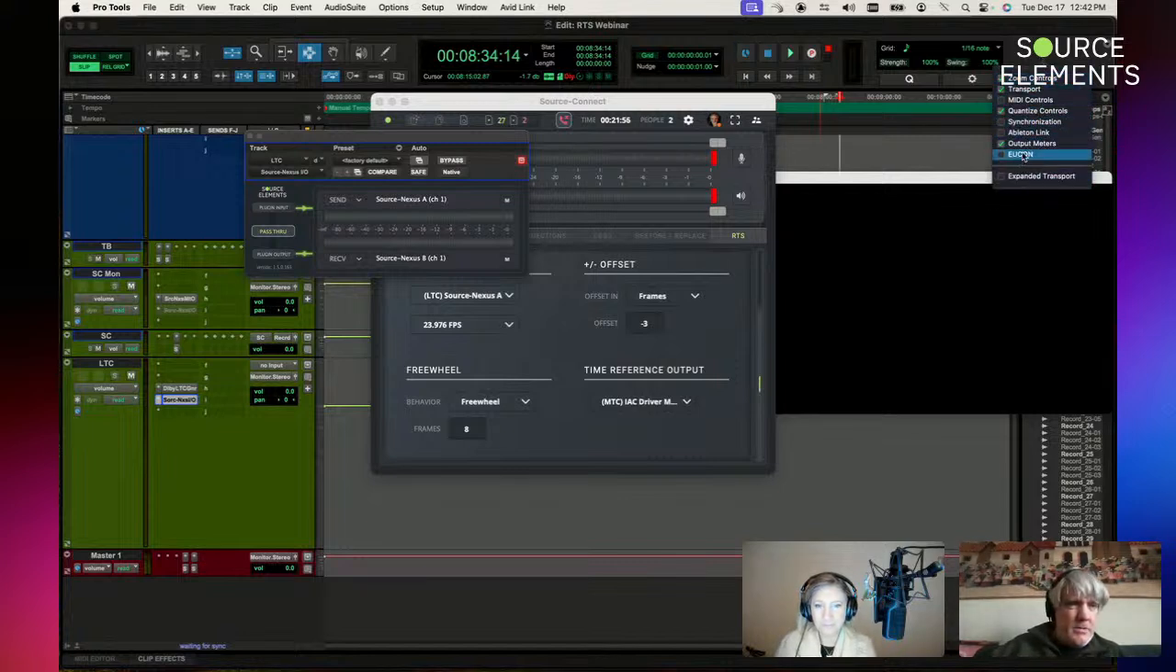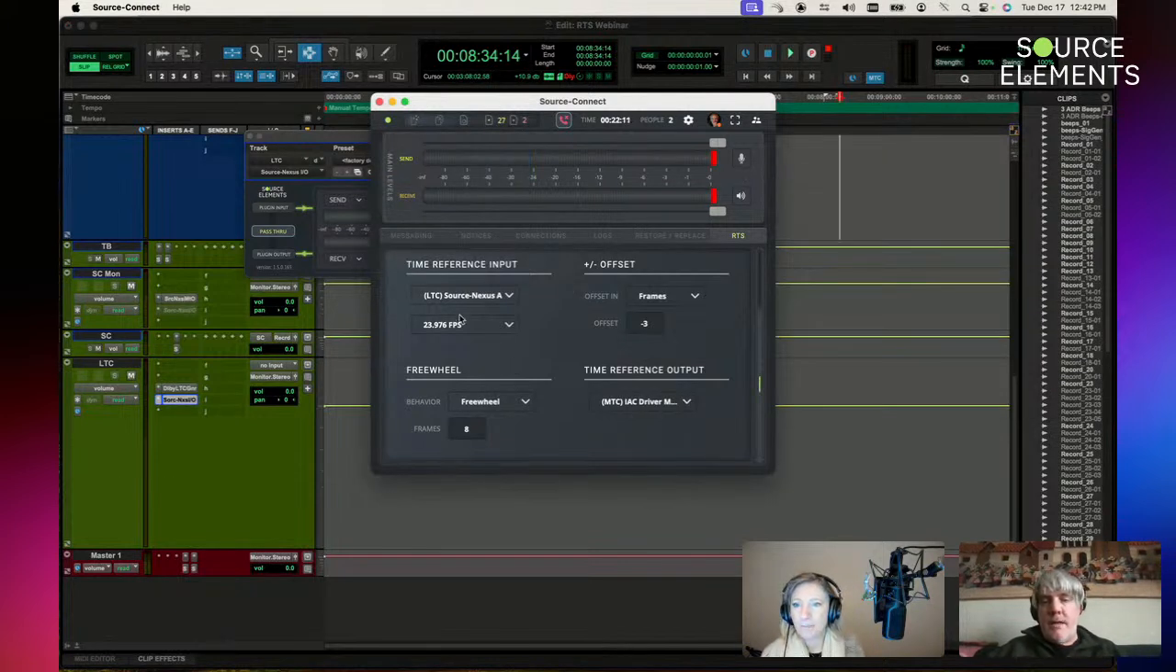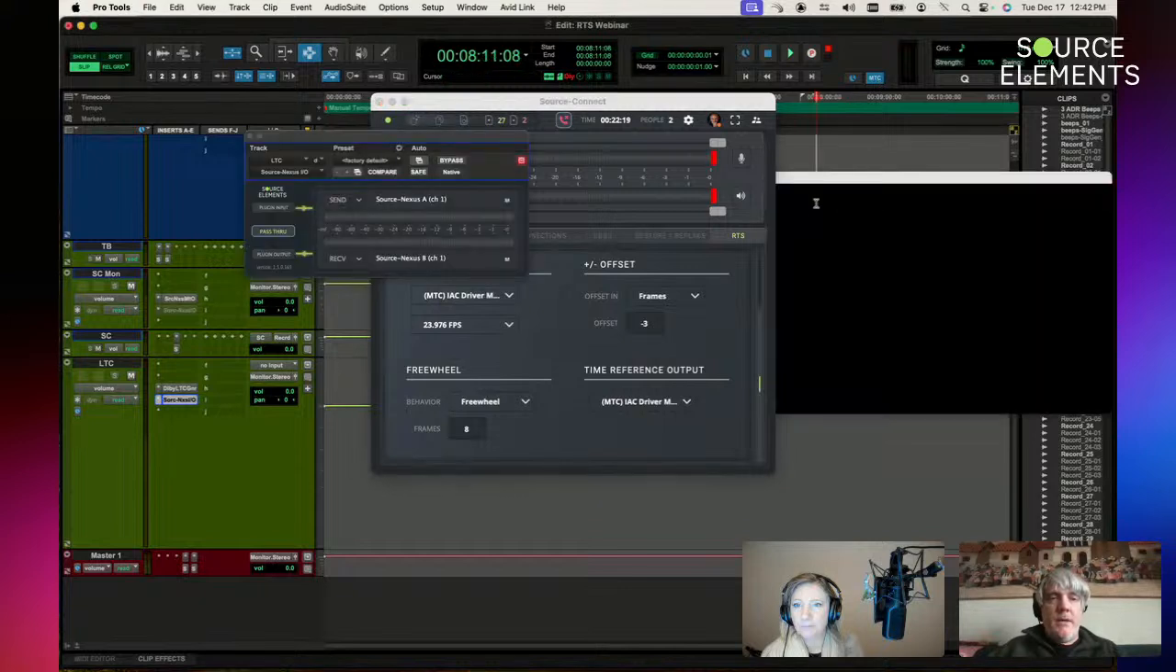Where is it? MIDI controls, synchronization. There we go. So now that I have my synchronization, I can hit this button here, which will tell Pro Tools to generate MTC. And then back over to Source Connect, instead of LTC as my input, I will pick MTC, and specifically MTC from DAW. So now that I'm generating here, if I hit play in the DAW,